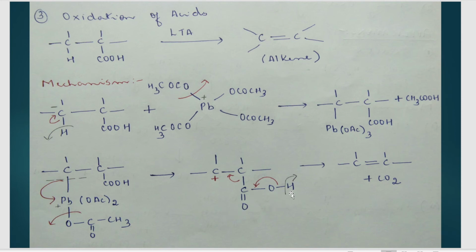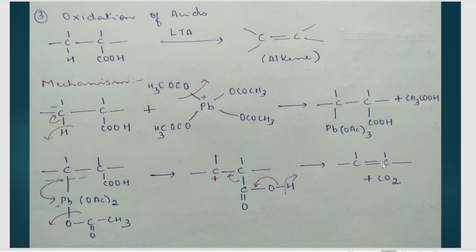Now, once again, there's one more hydrogen that will leave the molecule as an H plus ion, and this bond will shift this side. So it is C double bond O, C double bond O, and there's one more bond breaking here. What is this part called? C double bond O, C double bond O. That's nothing but your carbon dioxide. And here there's one more bond breaking because the carbon here has a positive charge, so this bond shifts over here, hence the positive charge will go off from the carbon.